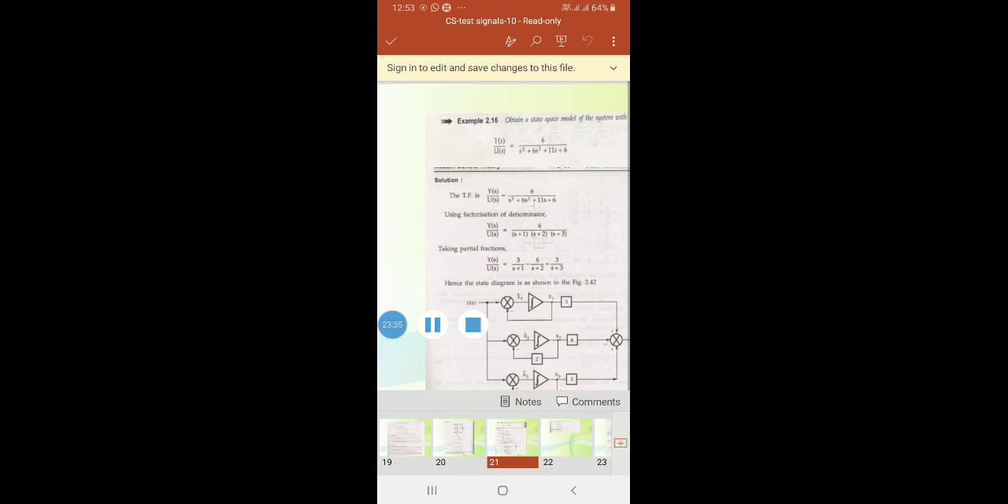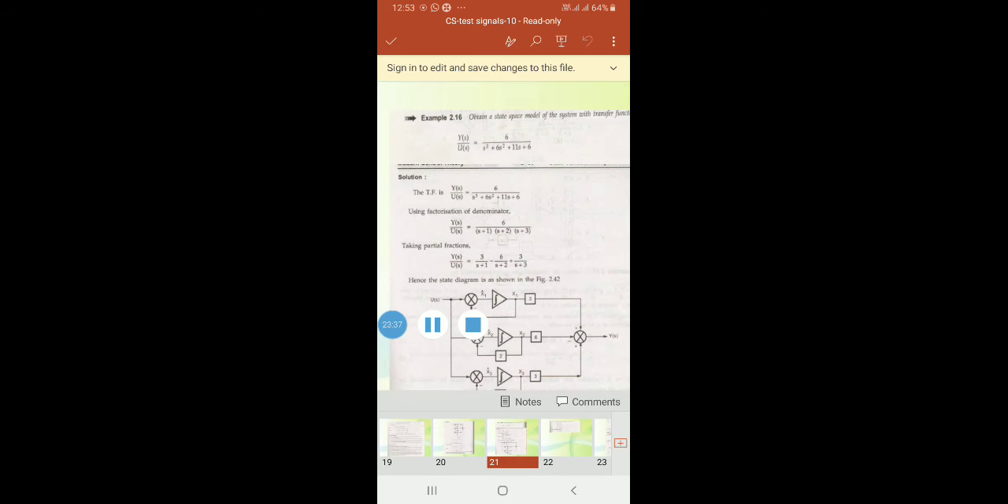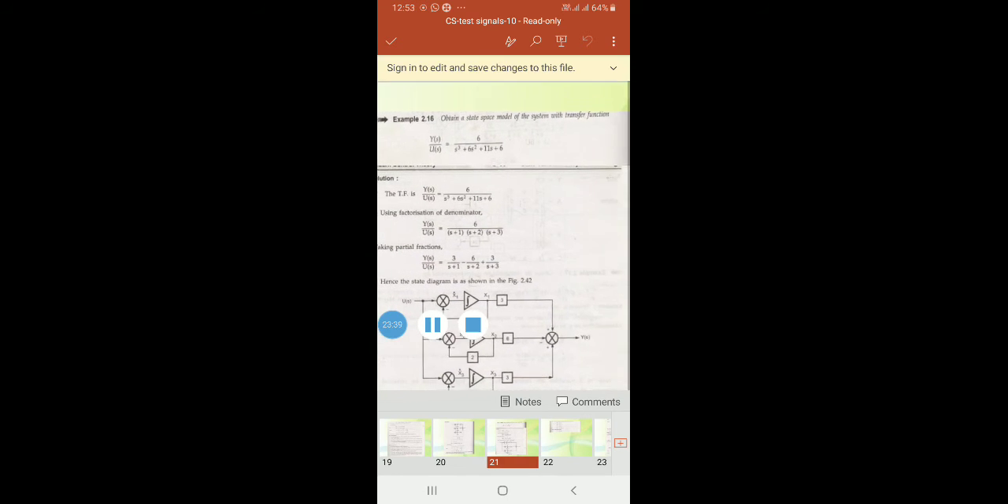So we'll take the next example. The statement of the problem is: obtain a state space model of the system with transfer function y of s by u of s is equal to 6 divided by s cube plus 6s square plus 11s plus 6. The solution is: the transfer function